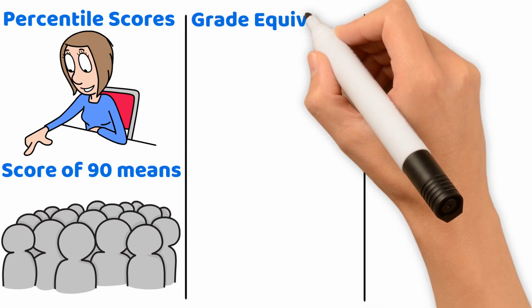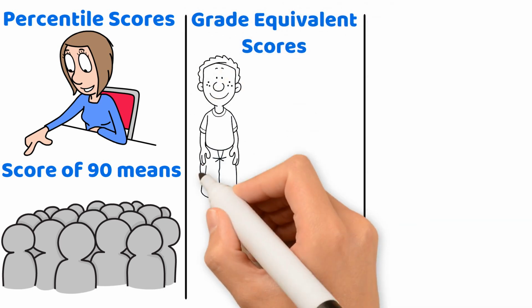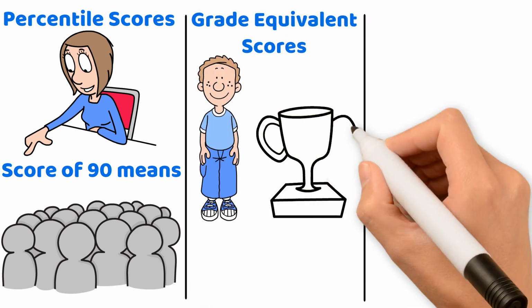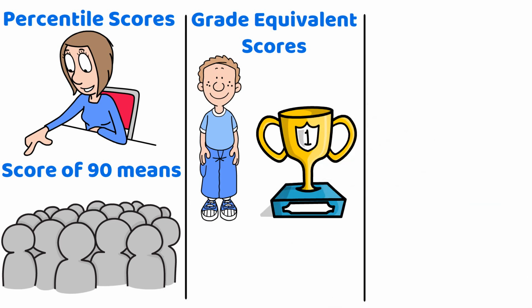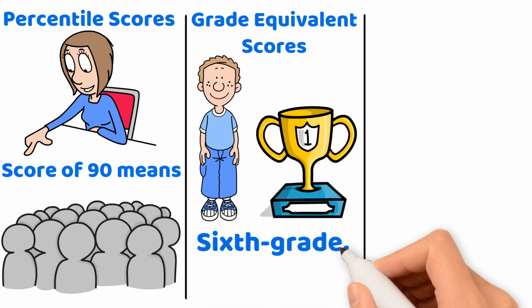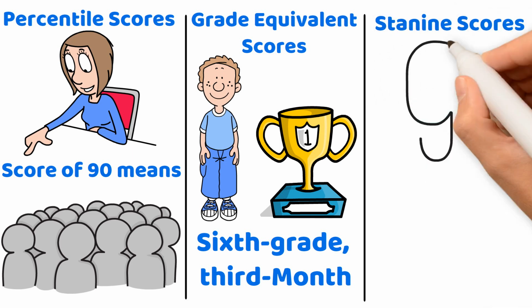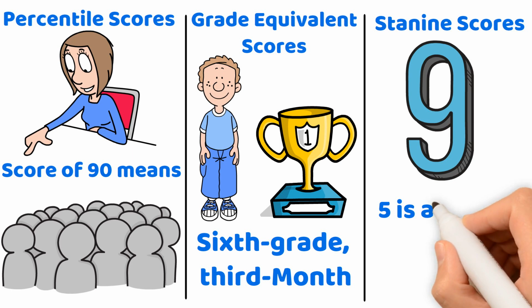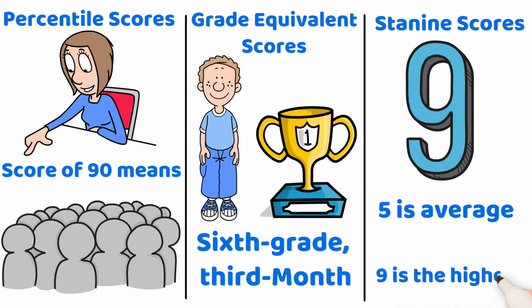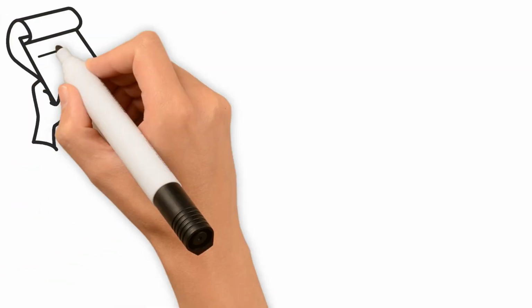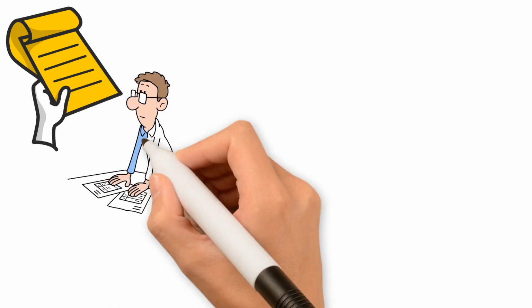Grade equivalent scores. These scores relate a student's performance to an average expectation for different grade levels, like a score of 6.3 indicating 6th grade, 3rd month performance. Stanine scores. These are based on a 9-point scale, where a score of 5 is average and 9 is the highest. A key factor that you will likely see on test day will test your knowledge of using assessment results